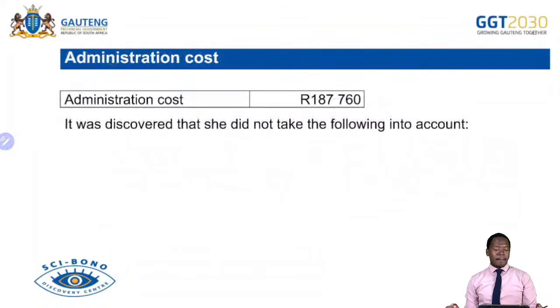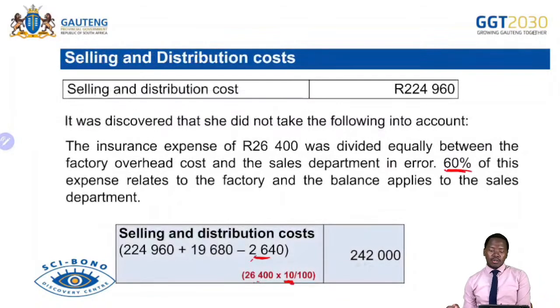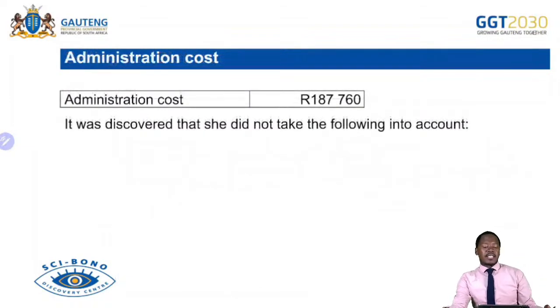Then now my selling and distribution becomes 242,000. This is the balance that I'm going to work with when I do my abridged income statement. Please keep that one safe. We'll use it. Next item now, administration cost is